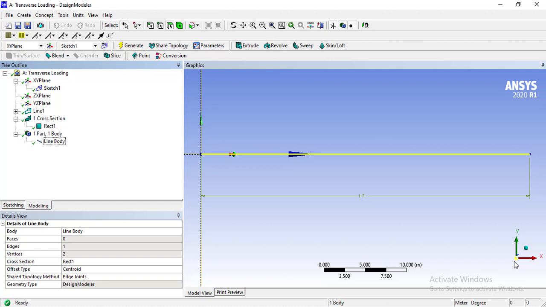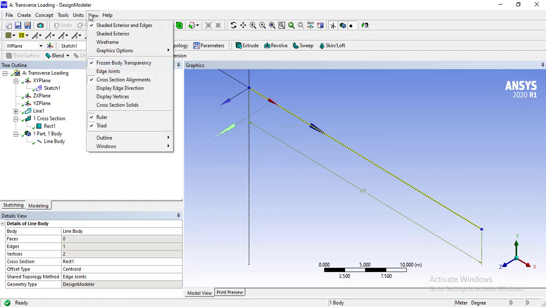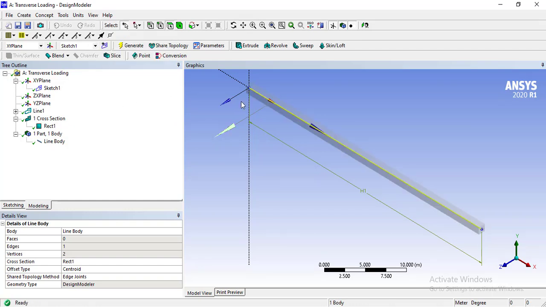To view it in isometric view, click on this ball icon and it will show you the geometry. Go to the views tab and, to visualize the cross section, click on cross section so that it shows you the cross section. Now, up until now we have successfully completed the geometry.